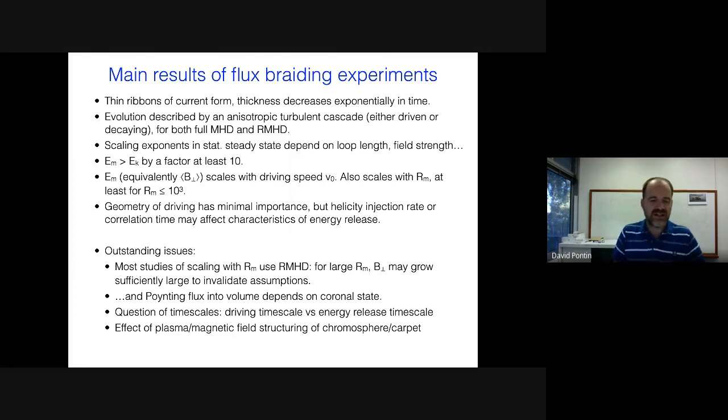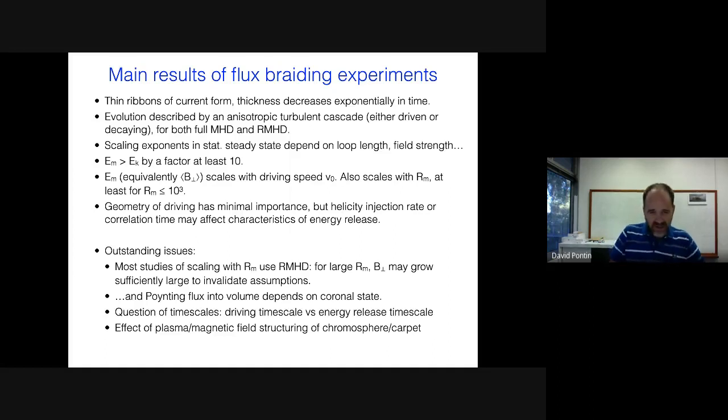There are, though, a bunch of outstanding issues. Most of these studies which are able to do any kind of scaling with the Reynolds number use reduced MHD. And for large magnetic Reynolds number, the B part tends to become larger to an extent where maybe RMHD is no longer an appropriate assumption. So understanding how the magnetic Reynolds number influences things like the energy dissipation is still very important to try and address. There's also a question of timescale, so how the driving timescale compares to the timescale of the energy